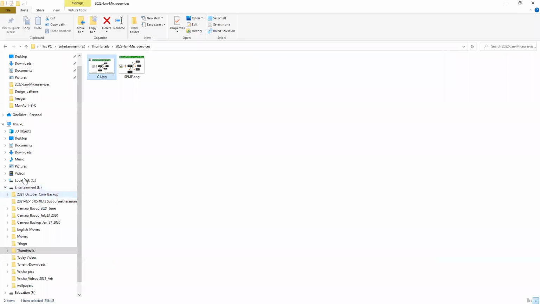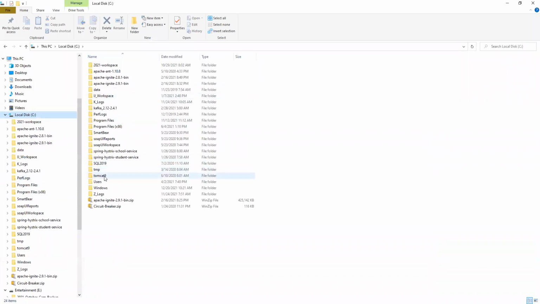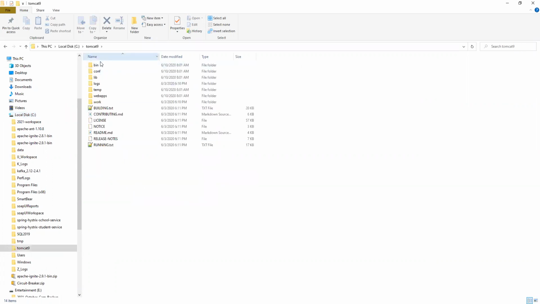If you go to the C drive, you need to download Tomcat 9 or Tomcat 8, whatever you want, and name the folder Tomcat 9. Internally it has all the required folders.